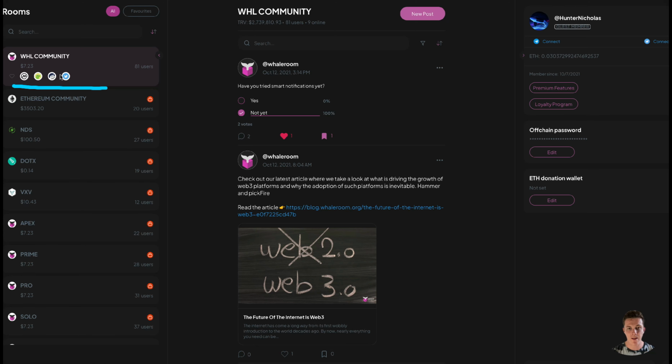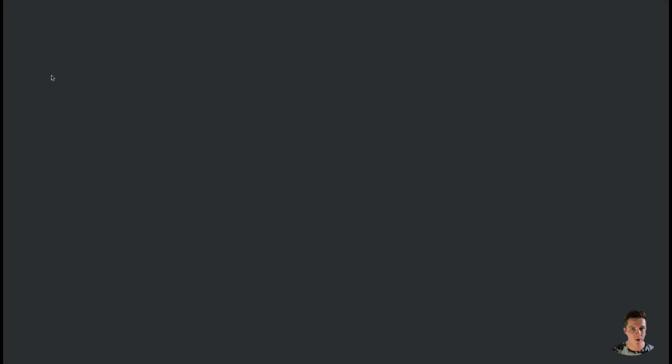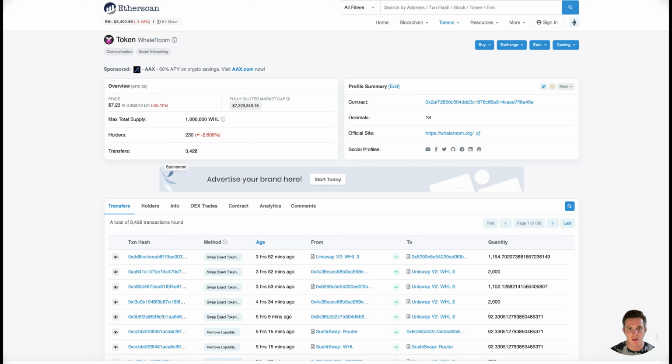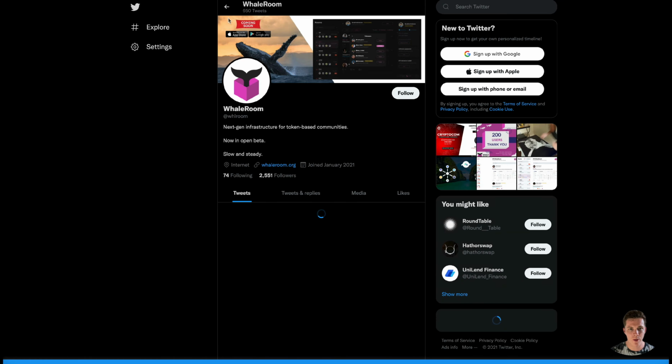So for example, there's going to be tons of other resources here. There's going to be Lunar Crush, on-chain analytics. I know they're coming out with it. I'm not sure exactly who they're going to be using, but just think about it all lined up. And this is going to be your main social hub, your community, your friends, your research, your data, your metrics, basically everything you'd ever need, right? So super cool. As you can see here, we have Etherscan. Boom, I'm right there on Etherscan, good to go. Right here, I'm on Twitter, WhaleRoom Twitter, good to go. So it is going to be super unique just to have an all-in-one hub.